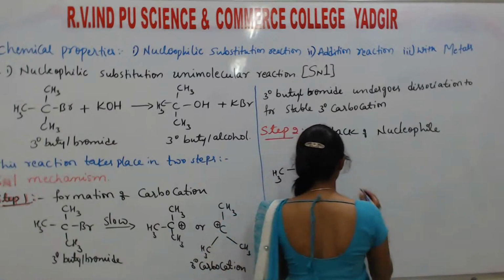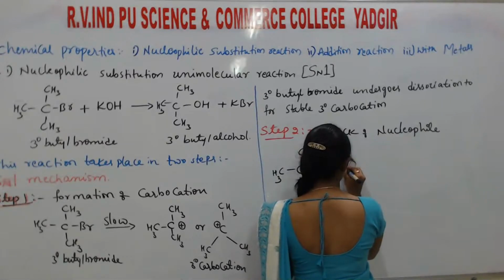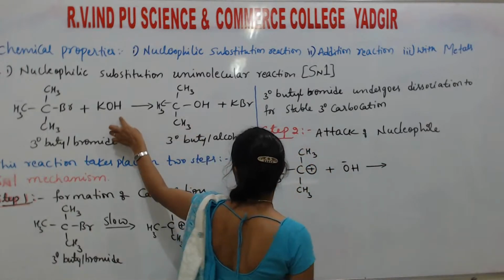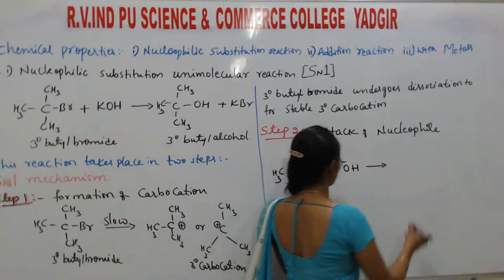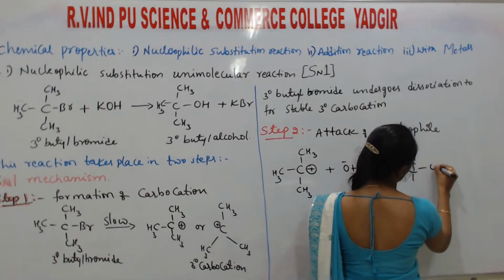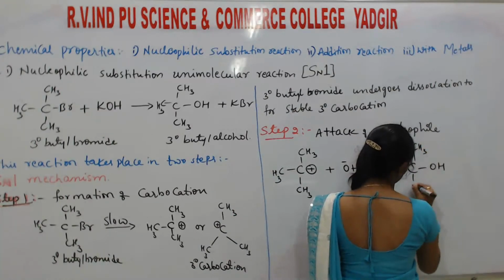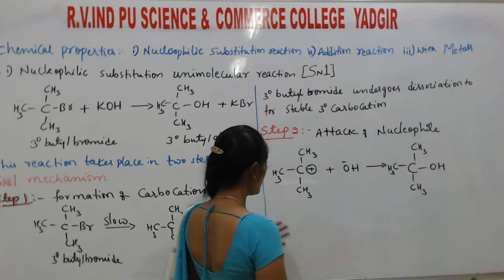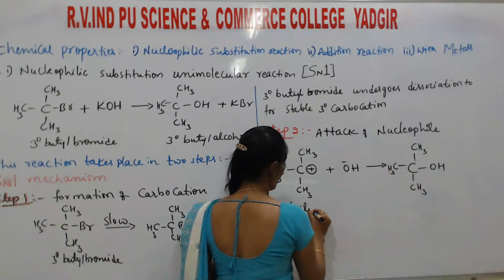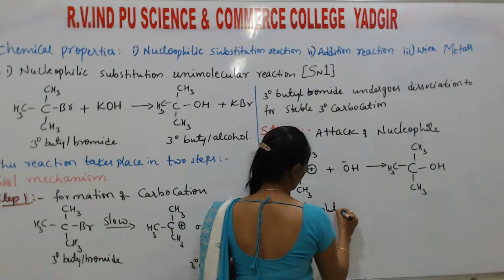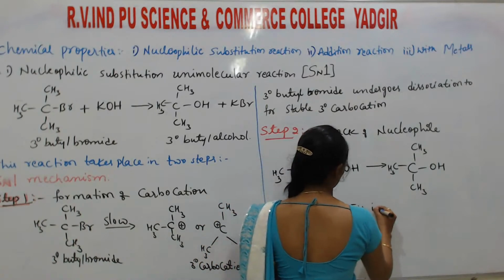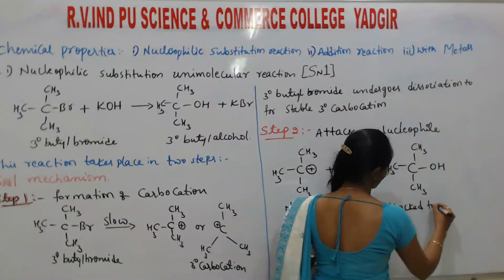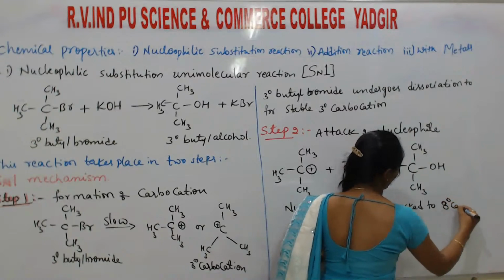Okay, so here the nucleophile is OH minus. From here the nucleophile is what? OH minus. And the product of these is CH3, CH3, CH3. Okay, so in the explanation you want to write: nucleophile OH minus is attached to the tertiary carbocation